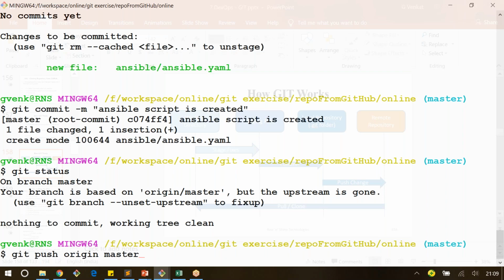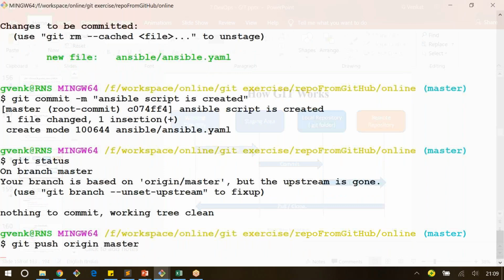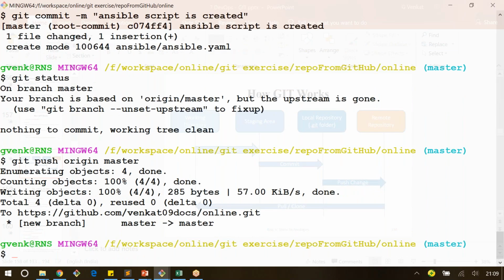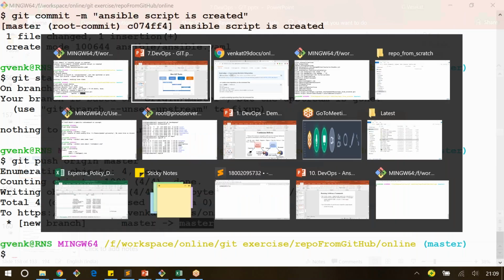Yeah, so now if you run git push origin master, all the changes I have in my local repository, all these files, it is going to try to push to the remote repository. Yes, counting some objects and the total bytes being passed. And yes, a new branch is created in the remote repository, mapped with the local repository. Now if you go back to our GitHub and refresh that page,